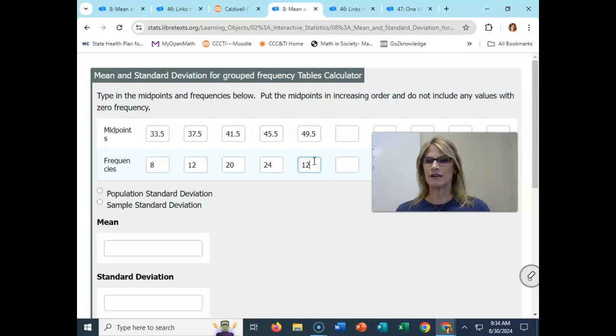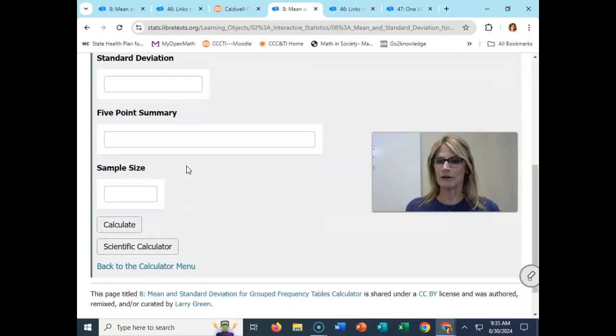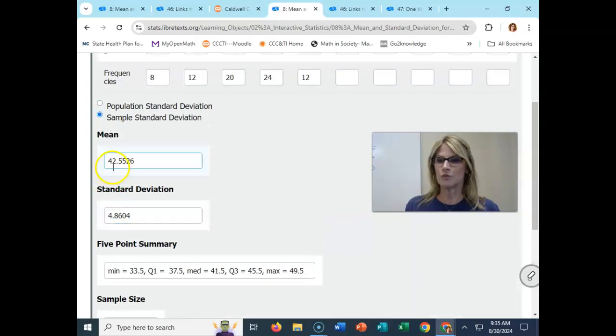So instead of saying 33.5, 33.5, 33.5, 8 times, and entering 37.5 12 times, and 41.5 20 times, we can enter it as a frequency table. This is also a sample. It's not everybody that ever got a speeding ticket in Boone driving through the middle of ASU. So this is a sample, so we'll tell it is a sample, and then come down and tell it to calculate. So the average speed was